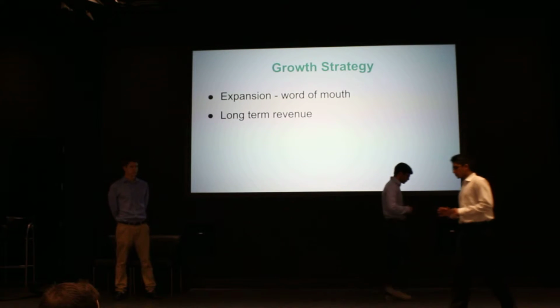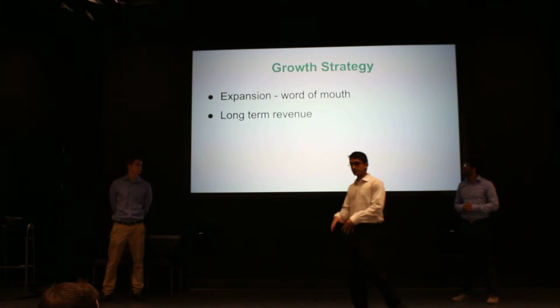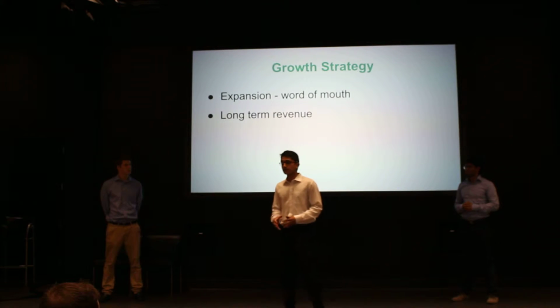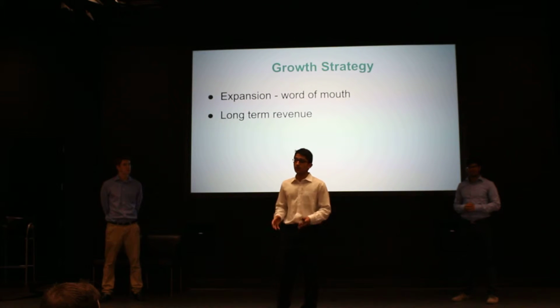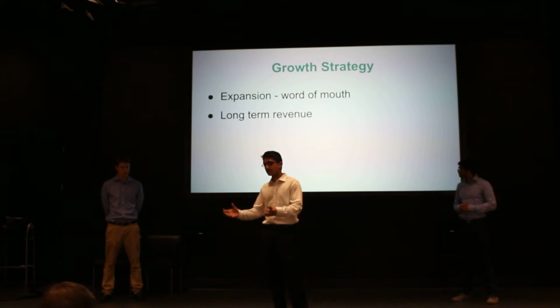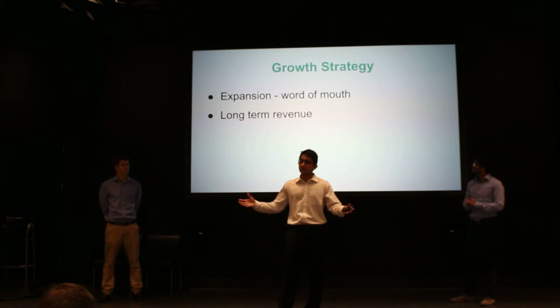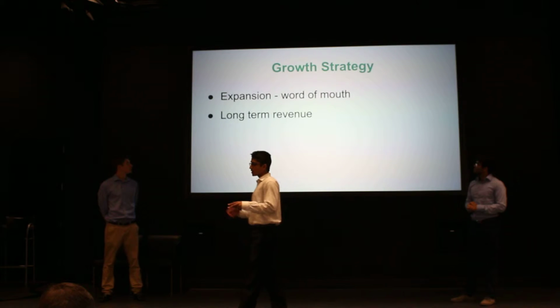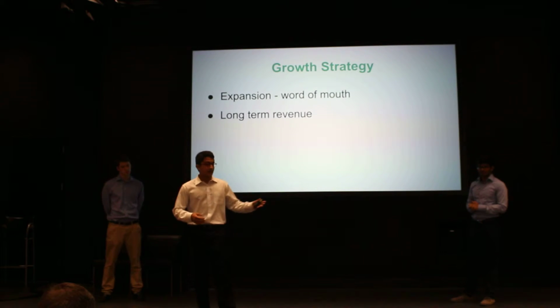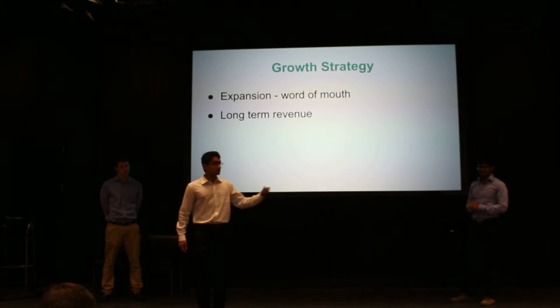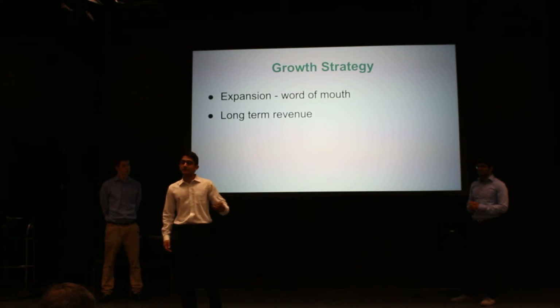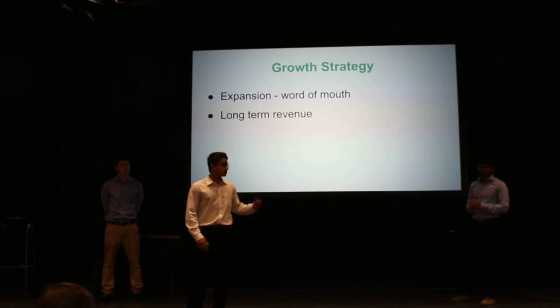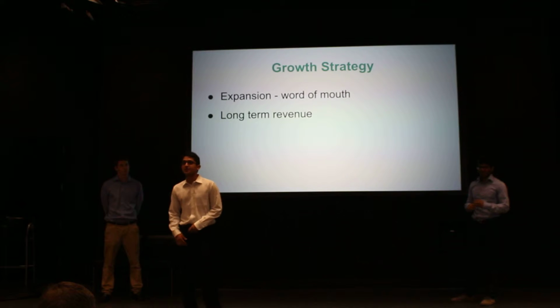So for expansion, what we're looking to do is expand first at Northwestern campus, show the model works here. We're going to expand first through word of mouth, and as Will mentioned, campus ambassadors. This way we can spread the word about QuickPoll. Secondly, suppose Aman had the app QuickPoll and I do not, he wants to send me a QuickPoll, he can first invite me through his contacts, and I'll be encouraged to download the application.